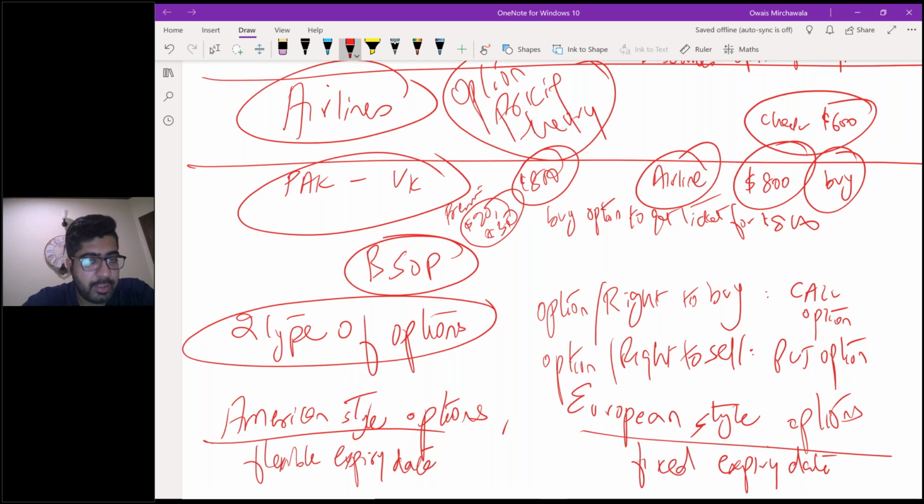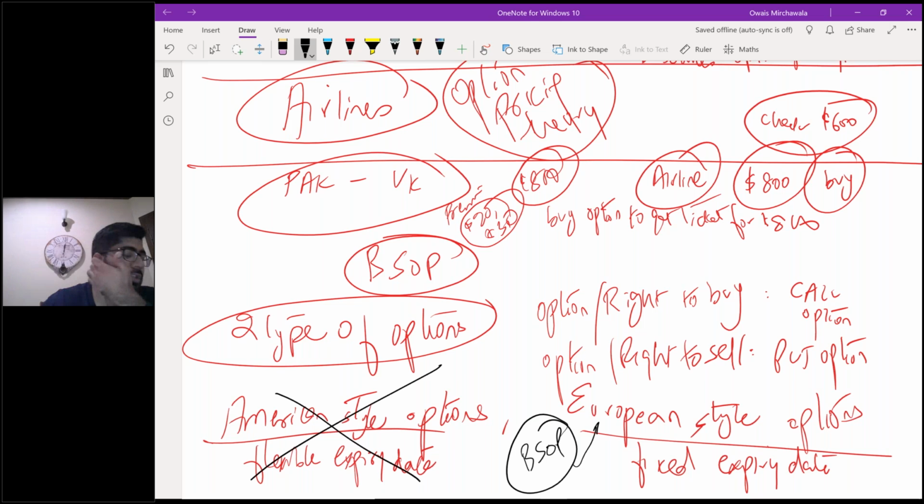For example, someone is giving you an option, a right to buy or sell something. That option won't last forever. It would have some time period, 2 months, 3 months, 6 months, 8 months, 1 year. American style options have a flexible expiry date. The date is 2 months. It expires in 2 months, but we can settle anything earlier as well. Whereas European style options have a fixed expiry date. 2 months means it would be exercised right at the end of 2 months. BSOP, this Black-Scholes option pricing theory which we're covering, is only dealing with European style options. American style options, which have a flexible date, are not a part of your syllabus.